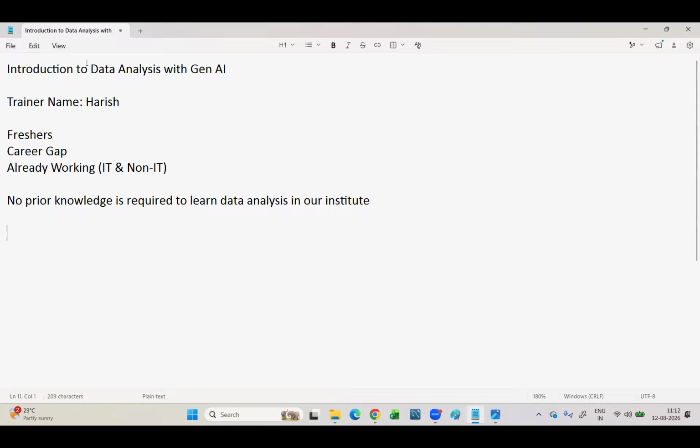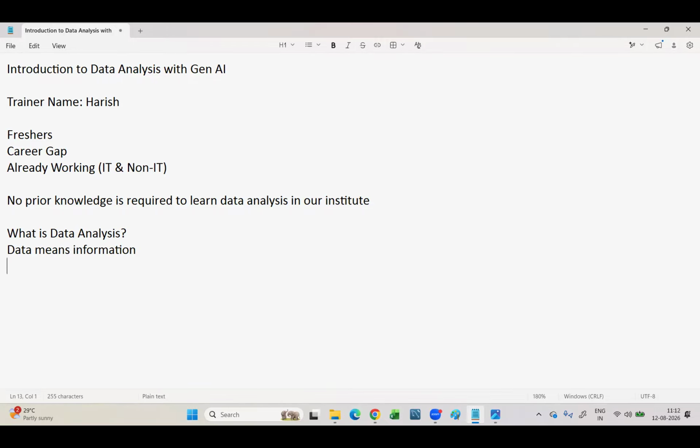Now let me enter into the main things about what is data analysis. Because we're learning this technology, you need to know about this. Let me start defining what is data, because that's a basic thing you need to know. What is data generally? Data here is called information. Data means, in simple terms I will explain, it is information about yourself. You take your name, your date of birth, your contact number, your email ID, your Aadhaar number, your PAN card number. Those are all nothing but your information.